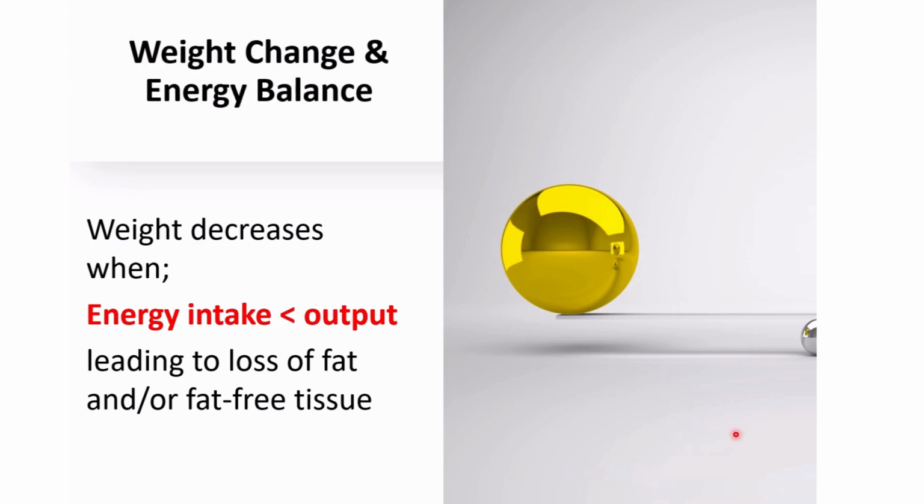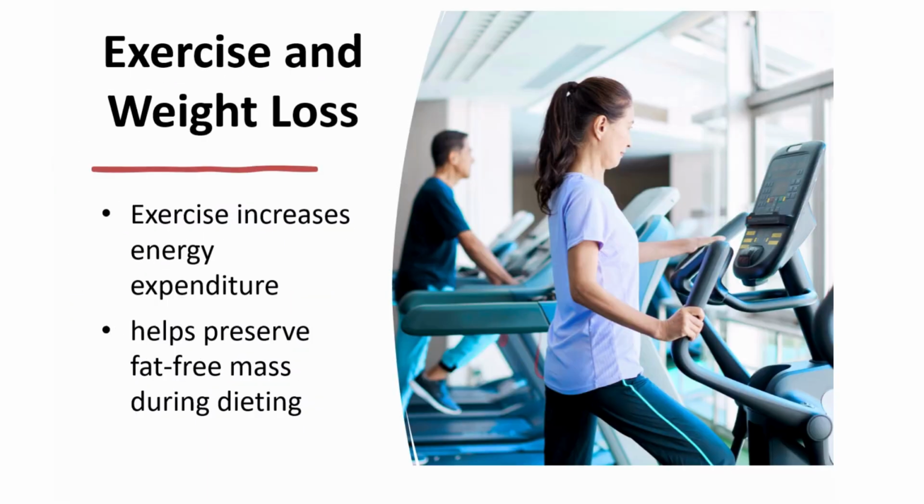Now we will see the changes in the body size and the composition that occur through diet and exercise. If the energy intake of an individual is less than the energy output, then the energy stored in the body is reduced by the same amount through the loss of fat and fat-free tissue or a mixture of both lean and fat tissue. However, with weight loss, resting energy expenditure also decreases. So for a given energy intake, the energy deficit and hence the rate of weight loss also decreases.